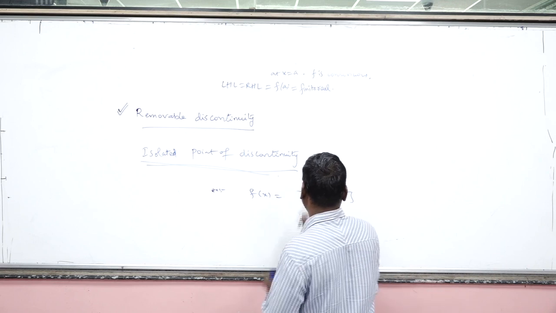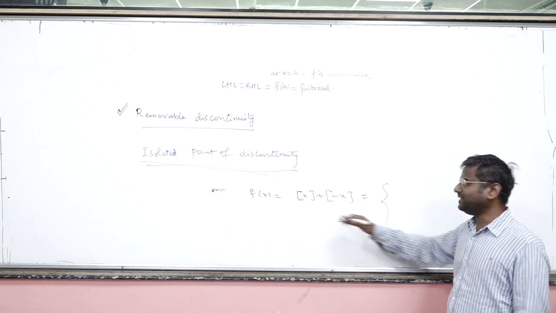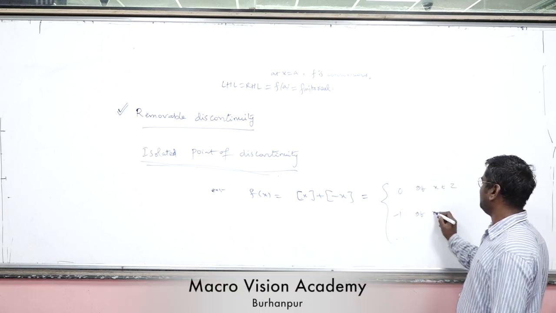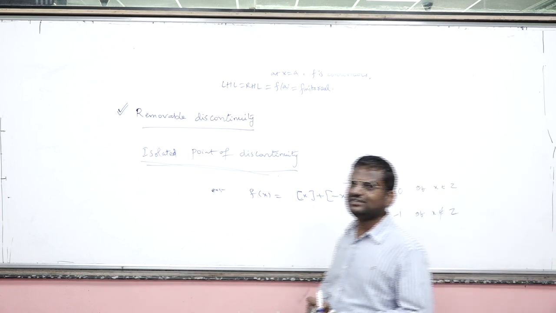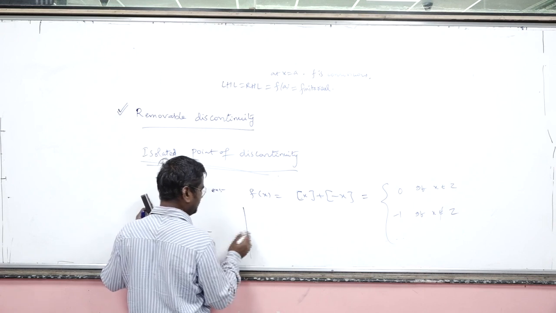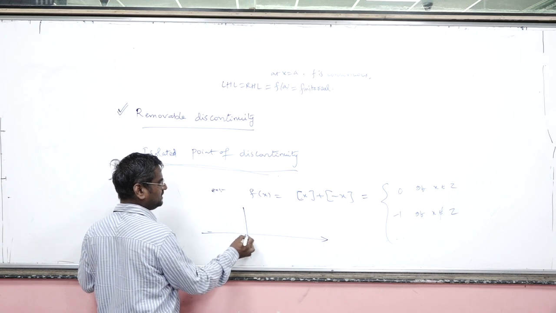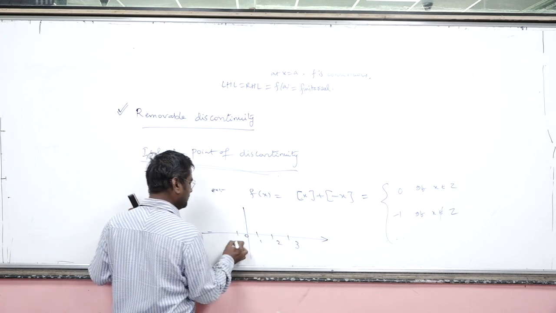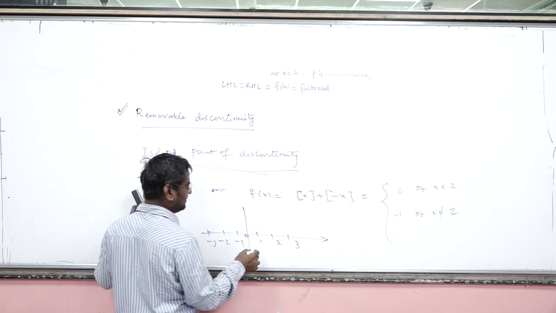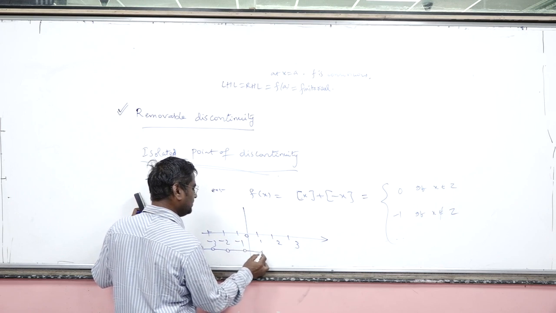This can be further elaborated by the property of step x: it is equal to 0 if x is an integer, and it is minus 1 if x is not an integer. As you can see, there are infinite points at which the function is jumping, not missing. Here we have 0, 1, 2, 3, minus 1, minus 2, minus 3. At all points it is minus 1 except at the integers.